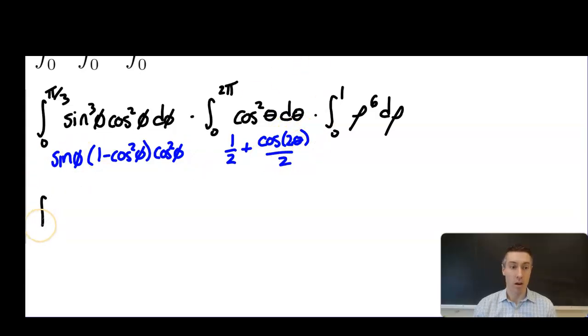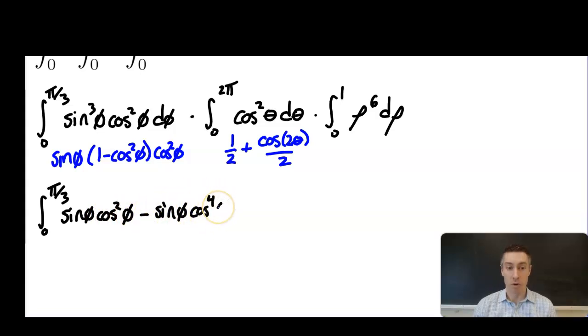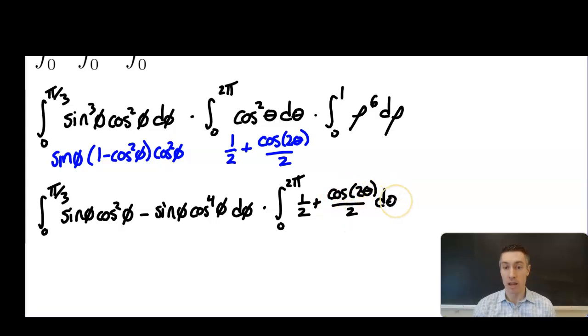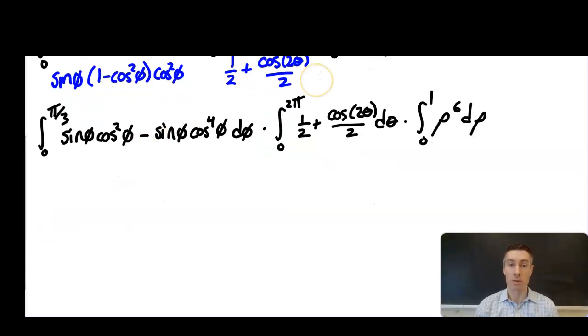So rewriting all our integrals: the integral from 0 to pi over 3 of sine phi cos squared phi minus sine phi cos to the 4th phi d phi, times the integral from 0 to 2 pi of 1/2 plus cosine 2 theta over 2 d theta, and then the integral from 0 to 1 of rho to the 6th d rho. Okay, so integrating with respect to phi,